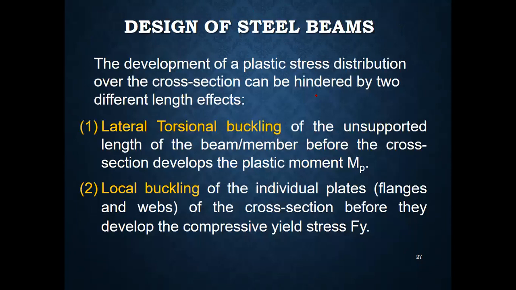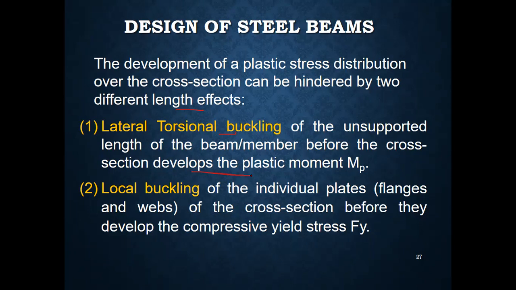Now coming towards the design of the steel beams, the development of the plastic stress distribution over the section causes two different failure effects on the steel beams. First one is the lateral torsional buckling, and it is developed before the section reaches the ultimate or the plastic moment stage. Second is the local